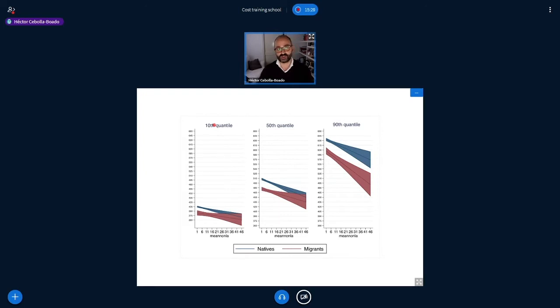This would be students who are less successful, but even for them, regardless of whether they are natives or migrants, concentration is negative. For students that are average or median, this is the 50th quantile of performance, and very specifically for students who are the most successful, so for the brightest students, concentration is the more damaging contextual variable, or at least a more damaging contextual variable than it is for students in other points of the